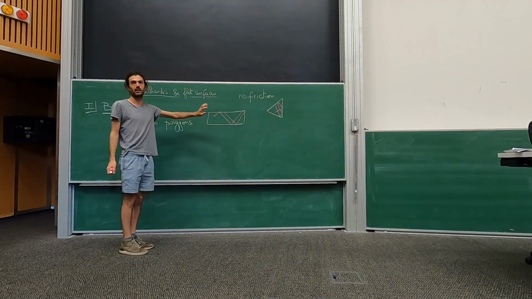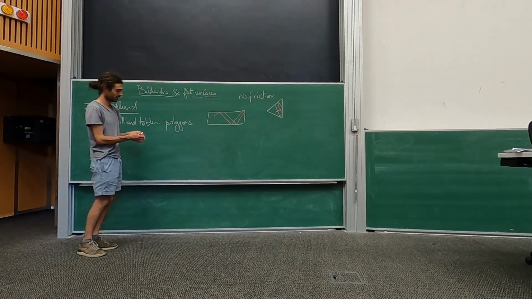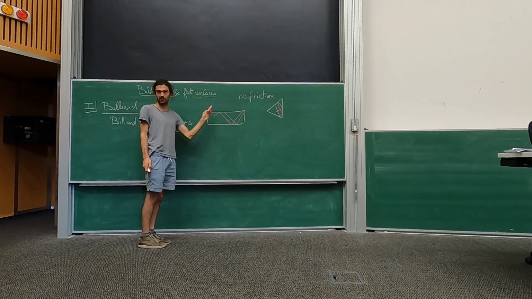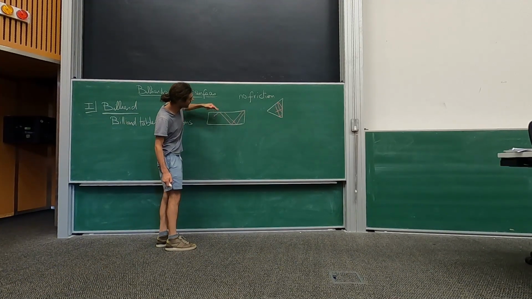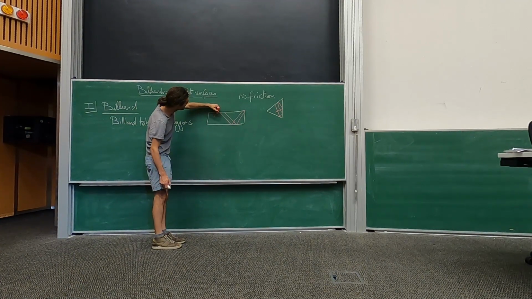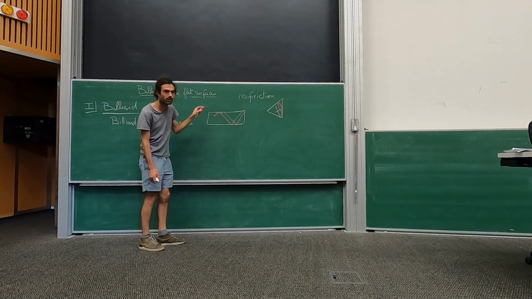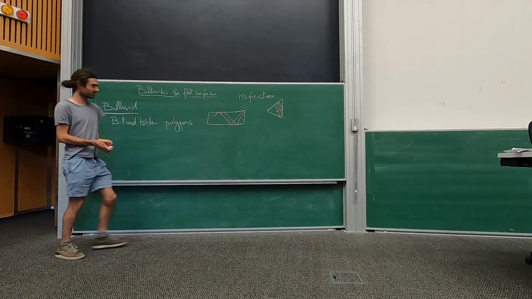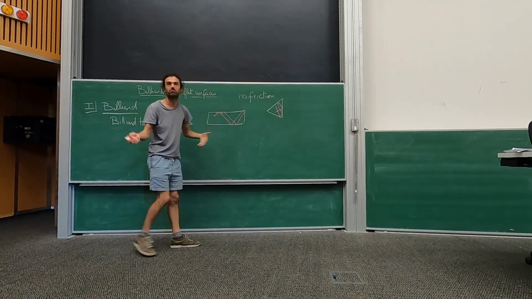But maybe the first thing I should do is to explain how we define these trajectories. So we start at a given point, and we go in a direction until we reach a wall, an edge. And then what we do is that we reflect. So the angle here will be the same as the angle here. We reflect and we go in a straight line again in the new direction. And we do that over and over and forever.